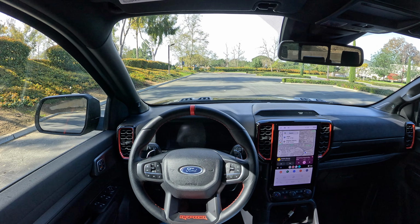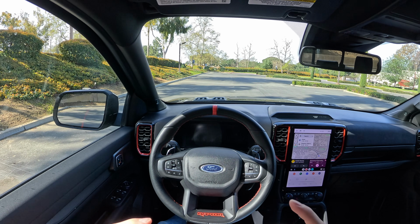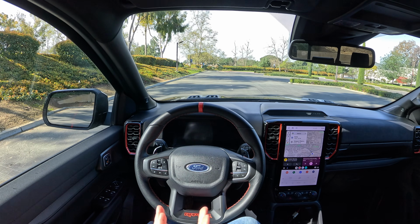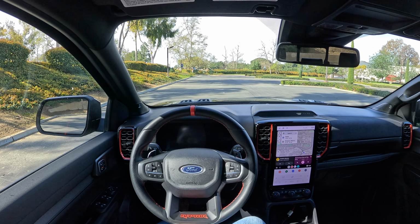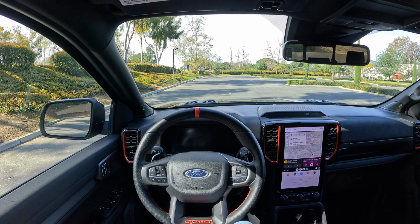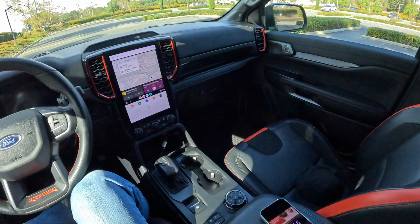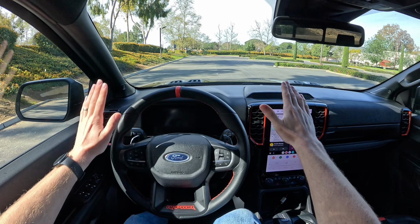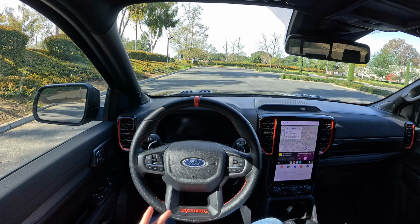We are back and all fueled up here in the Ranger Raptor. Before coming out here this morning, I double checked to see what sort of results we got with the new turbo inline 4 hybrid TRD Pro Tacoma when we tested it on this test earlier last year. Interestingly, it put in almost the exact same amount of fuel. It was 5.1 gallons, and last night we put in 5.179 gallons. So interestingly, the Ford with its non-hybrid 3-liter V6 is getting the same fuel economy as the